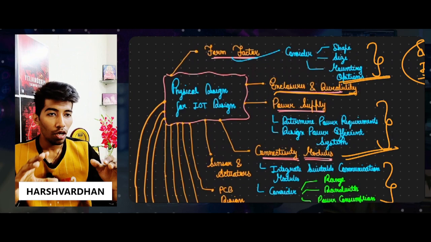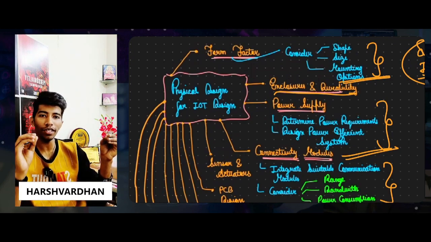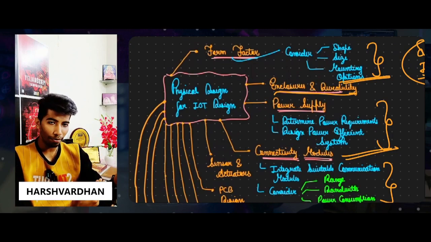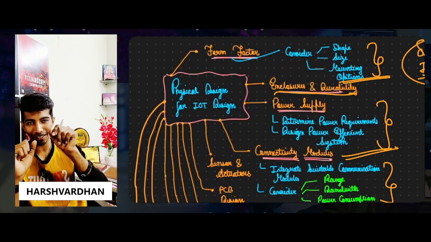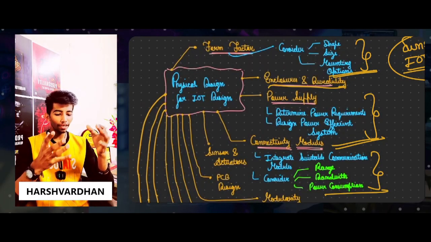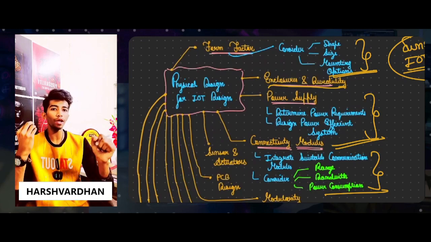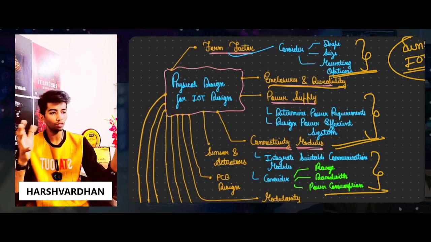Suppose I bring some kind of sensor, then I should know how long it will work. When we bring a tube light, you see how many hours it will work before getting degraded. You keep in mind when it is going to get damaged. If we talk about systems like engine oil also, you get a particular number of kilometers, and after those kilometers you will have to change it. So till now we have studied enclosure and durability in big detail, but when you talk about power supply, without an efficient power supply your IoT system is not going to work like it should.